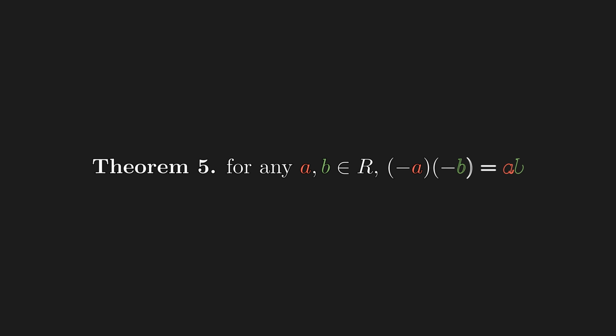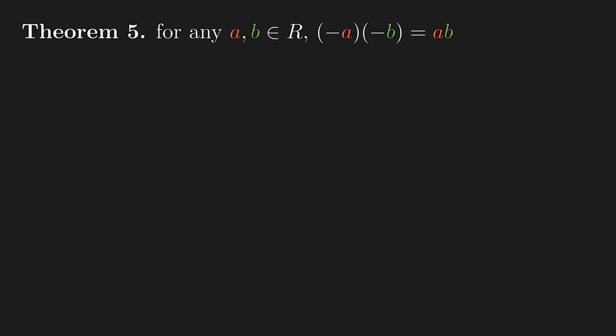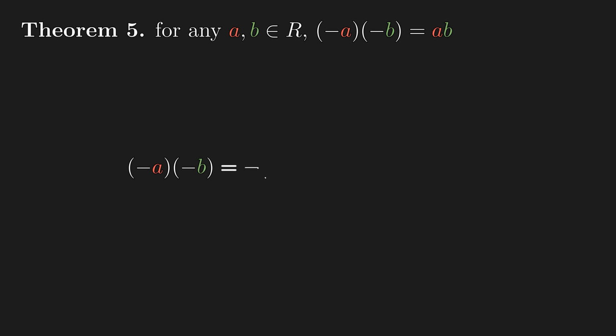And the last theorem says that take any A and B in the ring, then negative A times negative B is equal to A times B. And the proof starts by applying the previous theorem 2 times and pulling out the negative sign twice. And by theorem 1, negative of negative is equal to the original element itself. And this concludes the proof of what we have set out to solve. And we use nothing but the very definition of what a ring is.